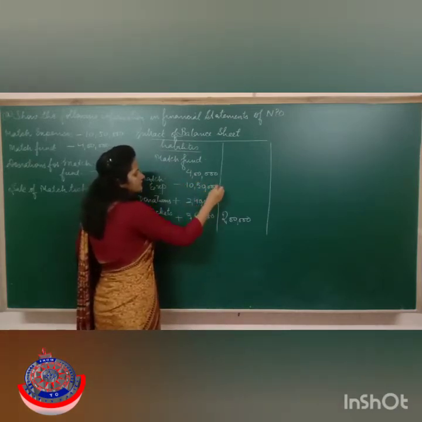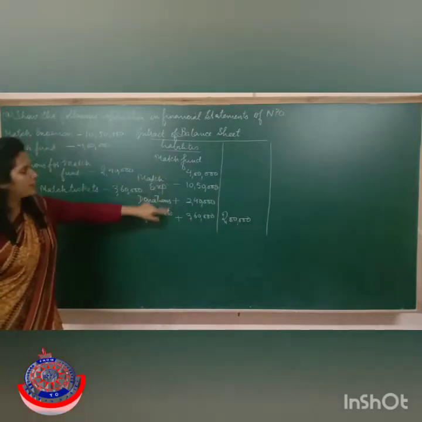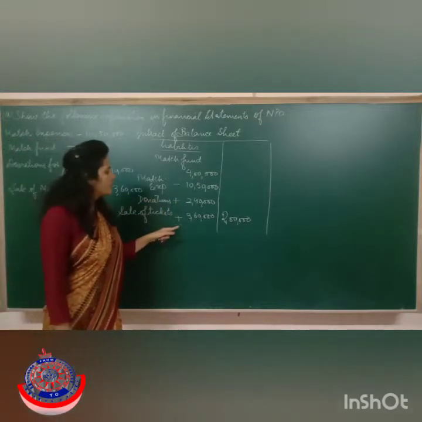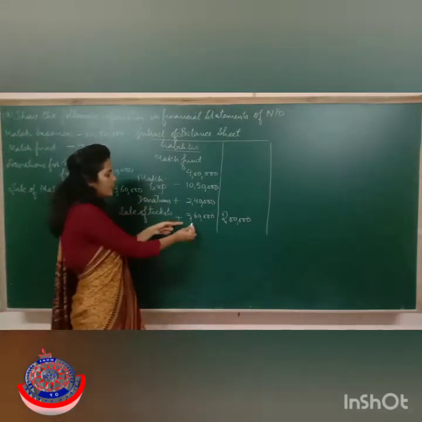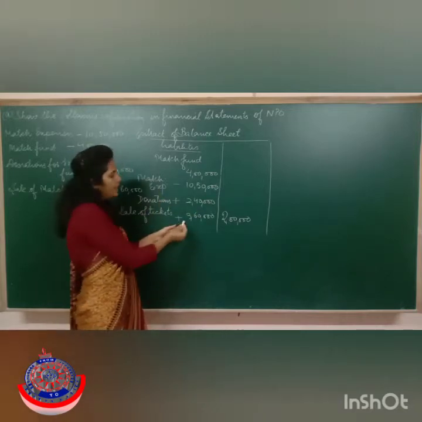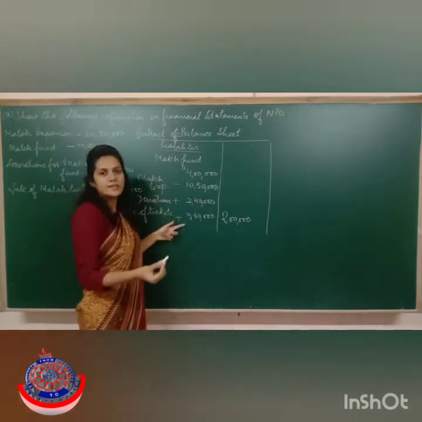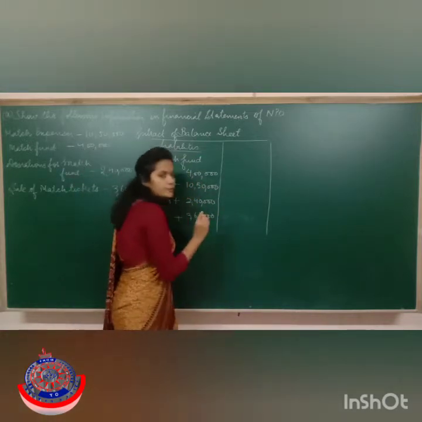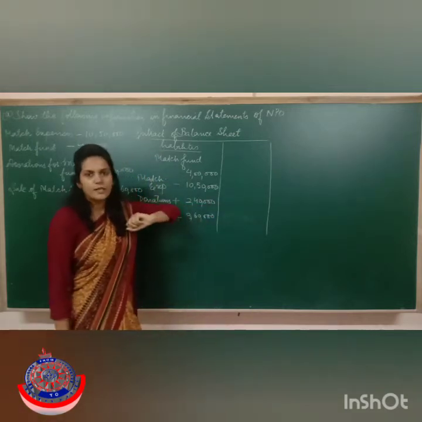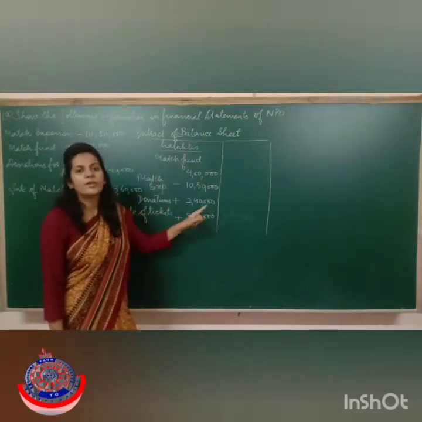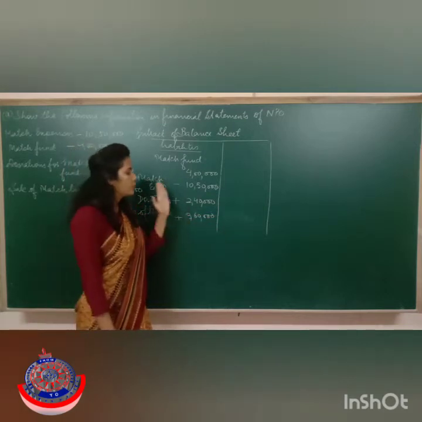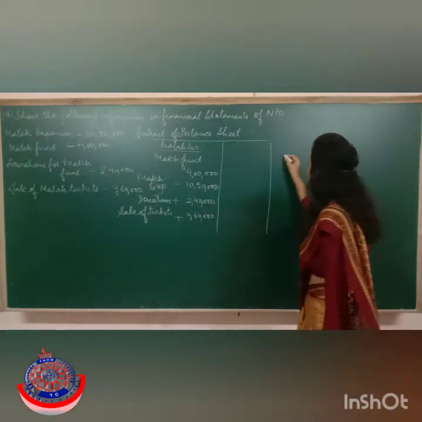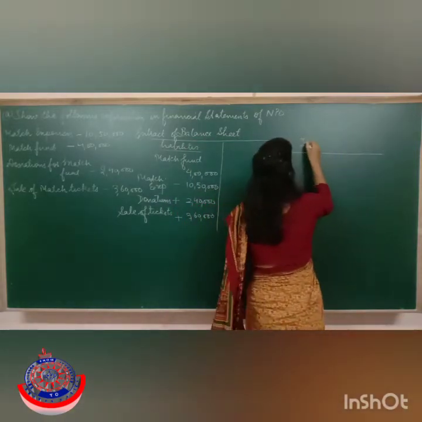So now see what will happen here. 4 lakh plus 2,40,000 is 6,40,000. 6,40,000 plus 3,60,000 is your 10 lakh. Now 10 lakh is the income which you have, and 10,50,000 is the expense. It means that you have incurred a loss of rupees 50,000. So instead of writing the loss here, because you know that the balance sheet is a statement and we can't show losses here, right? You have to transfer this loss of rupees 50,000 into the income and expenditure account.